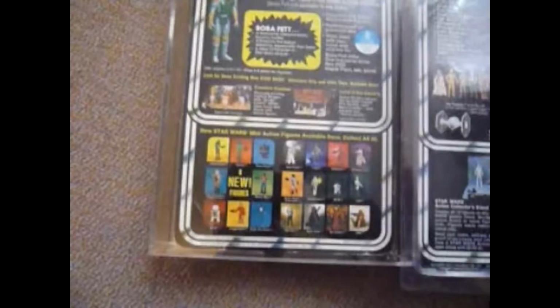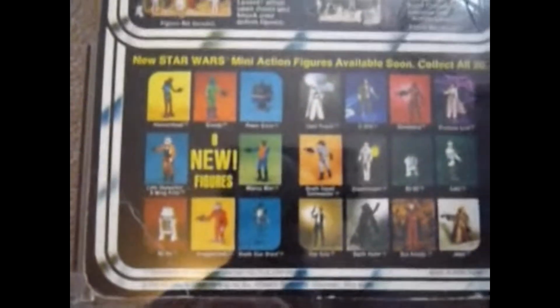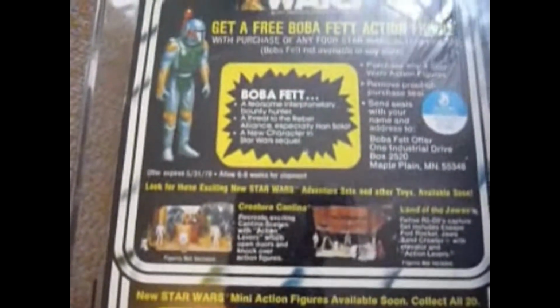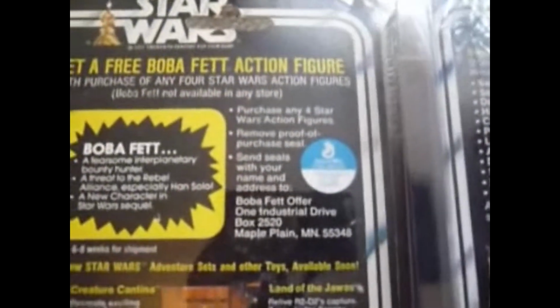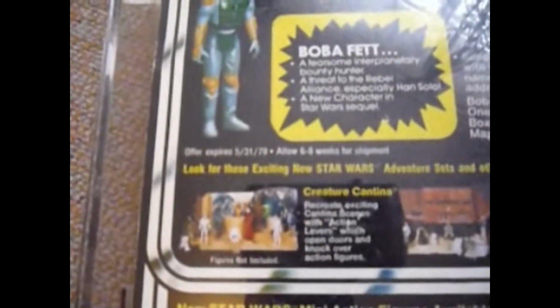And we'll look at the, now you can see the backs. This one is the 20 back, and you can see they switched the photographs then. And there's the Boba Fett offer. Sometimes this is covered over, and there's the proof of purchase at the top of the card. So you have to buy 4 figures, cut these out, and then you can send off for the Boba Fett. And that expired